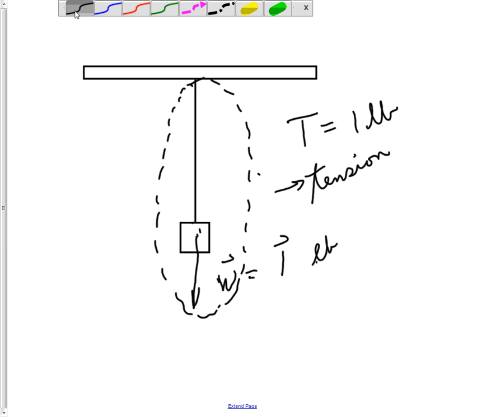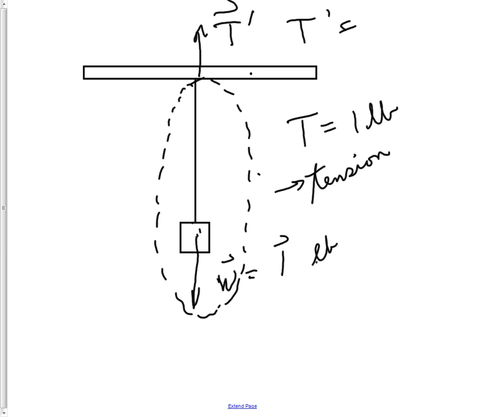Are there any other forces on the body? Well, yes, there's the ceiling up here. The ceiling is attached to the string, and the ceiling must therefore be exerting a force on the string, which is keeping the string plus the weight from falling. So now there is a force at the top, which I will call T prime, another tension. That's the tension at the top. This over here was the tension at the bottom. But you can all see that T prime must be equal to